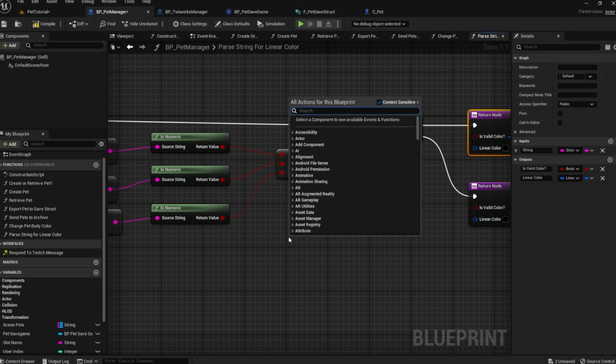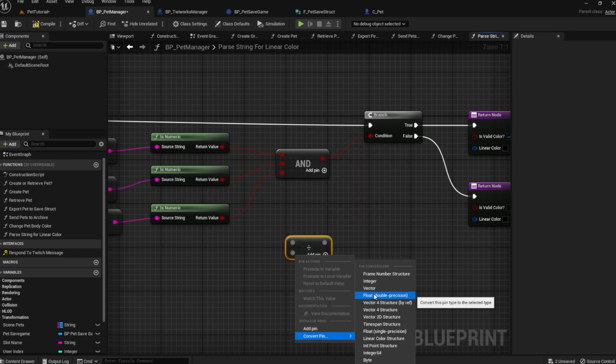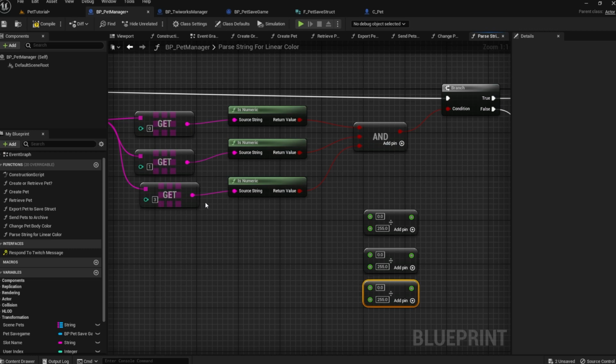Then create 3 division nodes, and set the bottom pin to be a float. And enter the number 255 into the bottom pin for all of them. And plug the strings from the get nodes into the top pin of each of those.